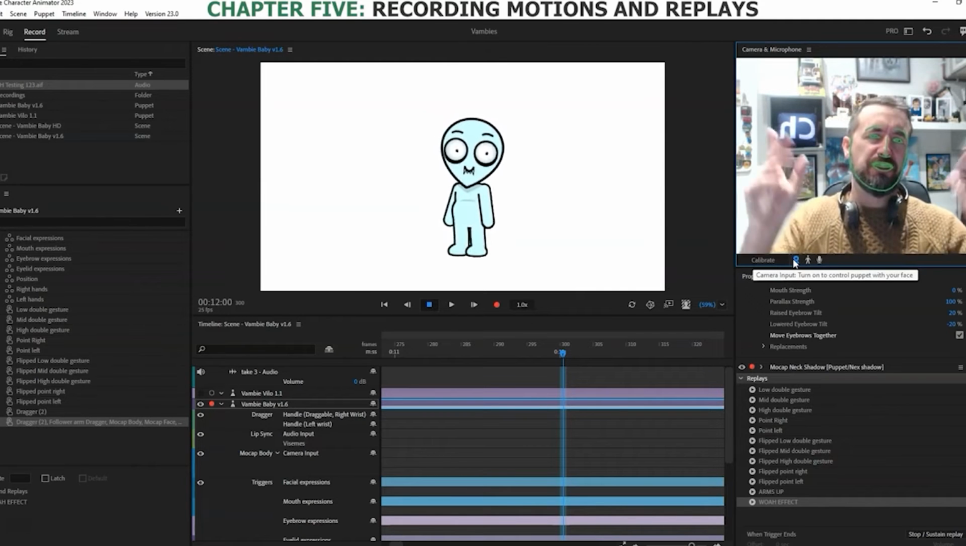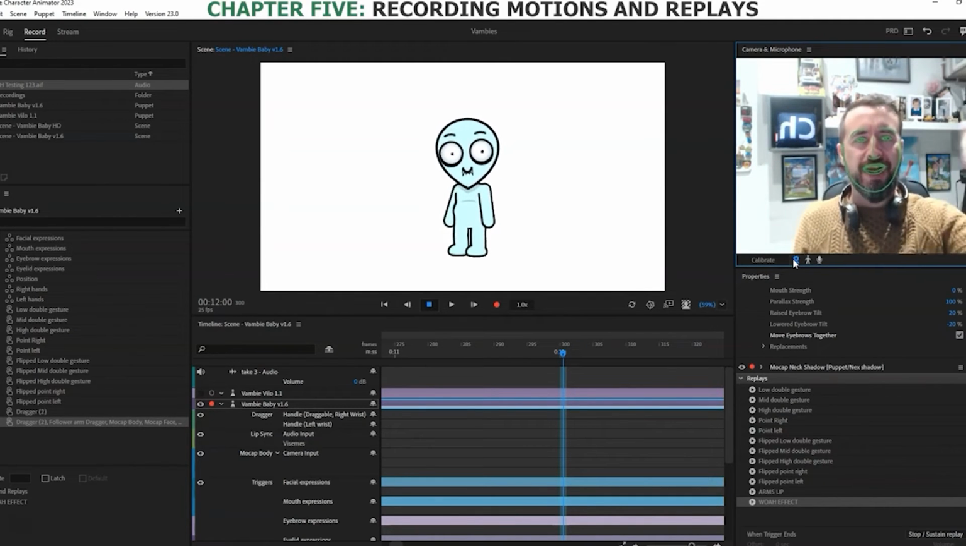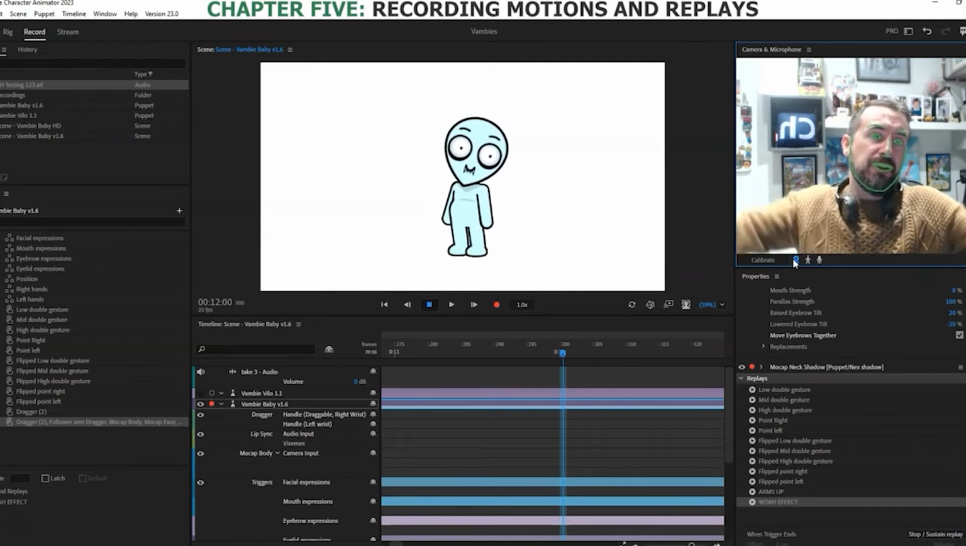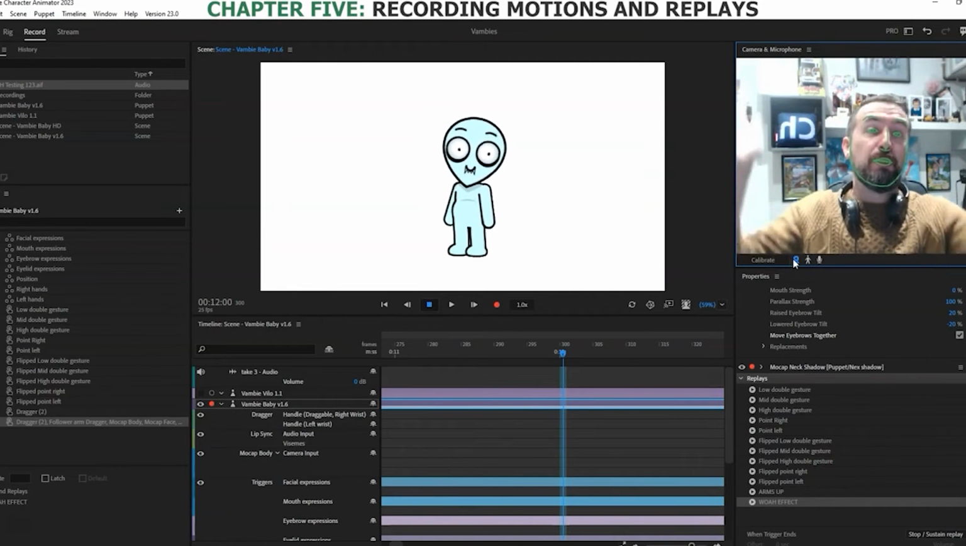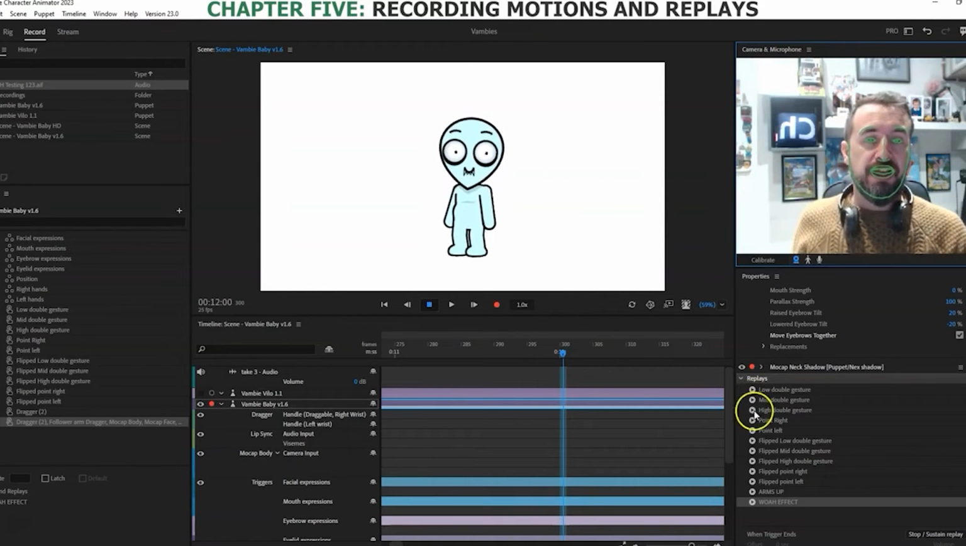people use the same gestures, you know, like point left, point right, wave, gesture down. After a while there's only so many gestures that your character will do. And